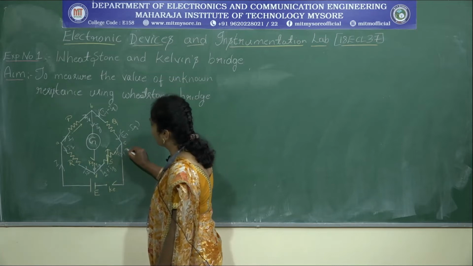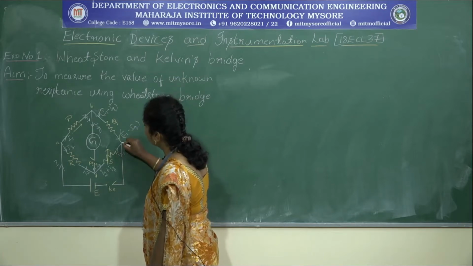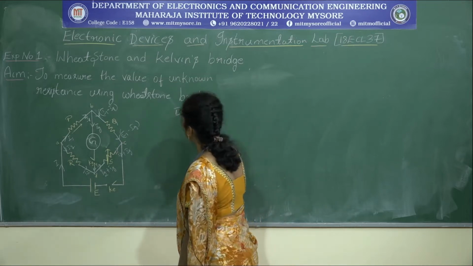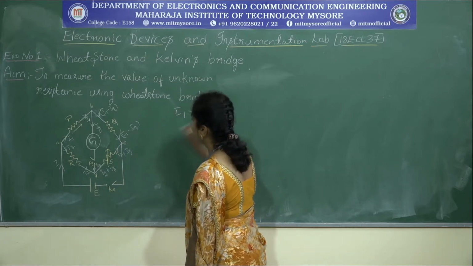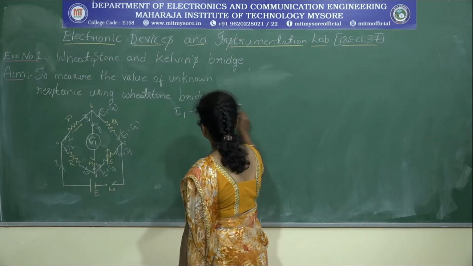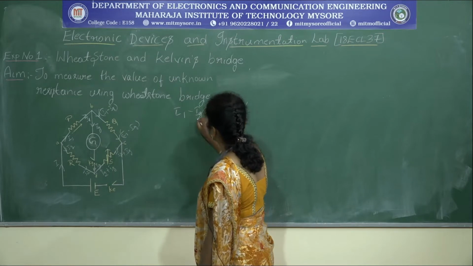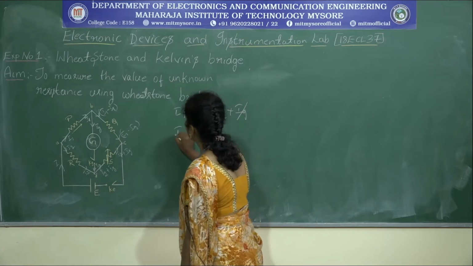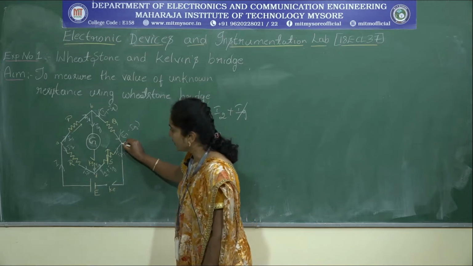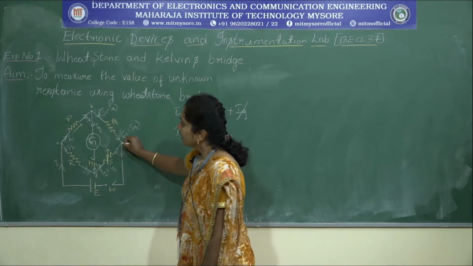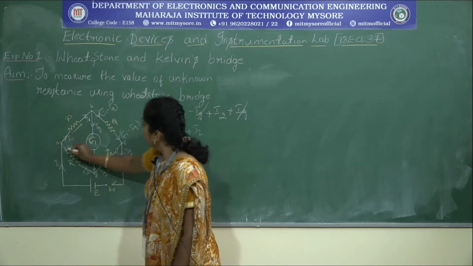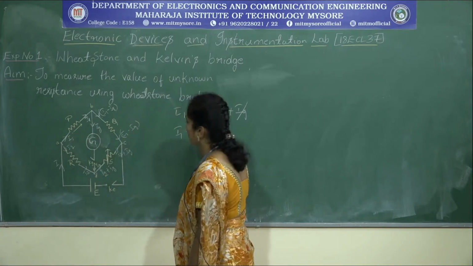Now I2 plus Ig and I1 minus Ig will be meeting here, then we can derive as I1 minus Ig plus I2 plus Ig. Ig cancels, I1 plus I2 is remaining here. Now we are getting here I1 plus I2. See here, I is divided as I1 and I2. Here also you are getting I1 plus I2.